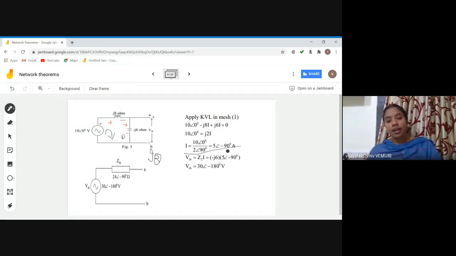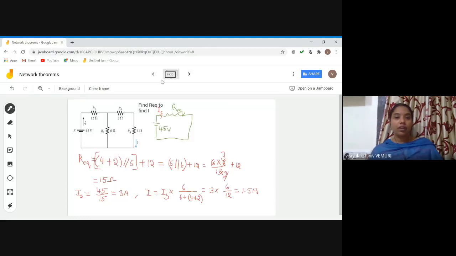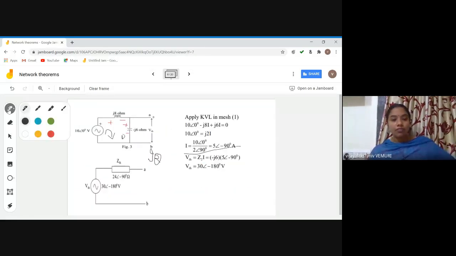After getting current I, Thevenin's voltage is equal to that current I into minus J6, or Z2 into I, which is minus J6 into 5 at an angle minus 90. So V Thevenin equals 30 at an angle of minus 180 degrees volts. That is represented here, VTH and ZTH. 30 at an angle minus 180 volts, and ZTH is 24 at an angle of minus 90 ohms. So you are also asked to find